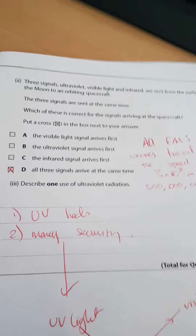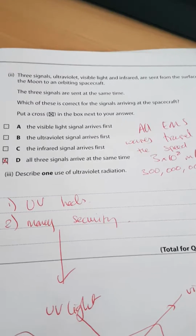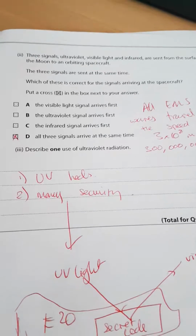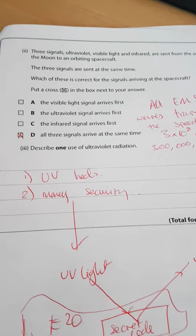Answer the questions. This is an interesting question. It says, three signals, ultraviolet, visible, and infrared, are sent to the surface of the moon. Which one arrives first? And the answer is that all of them arrive at the same time,